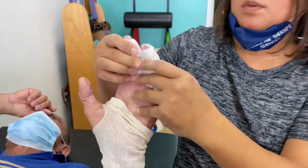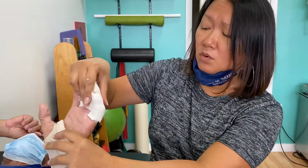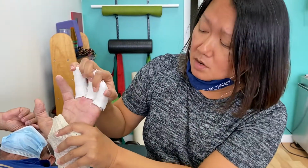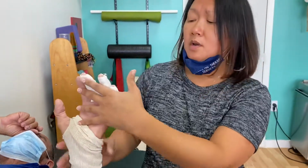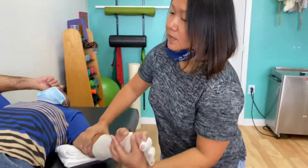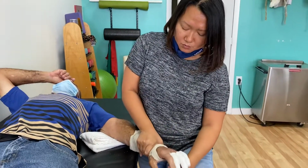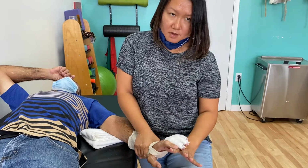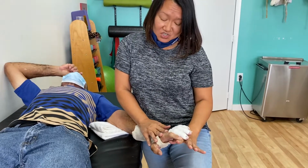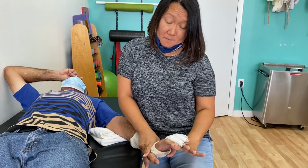So all I did was I worked on a ton of extension. Believe it or not, if you work on a ton of extension, you're gonna help flexion, right? So there's two ways you can do it. So move back a little bit, relax your arm, relájese así. I'm gonna work into wrist extension and then finger extension. And then I'm gonna work against all his scar, right? Against all his scar. So I'm working on composite